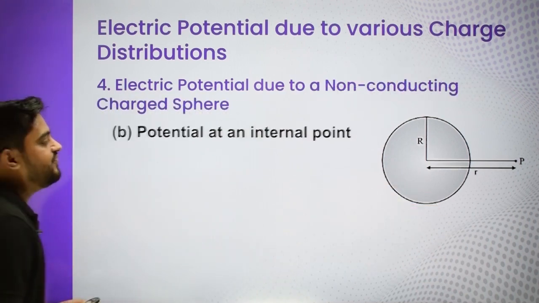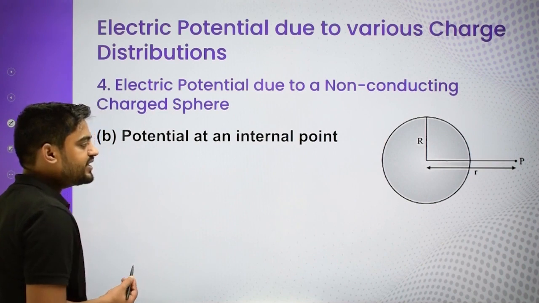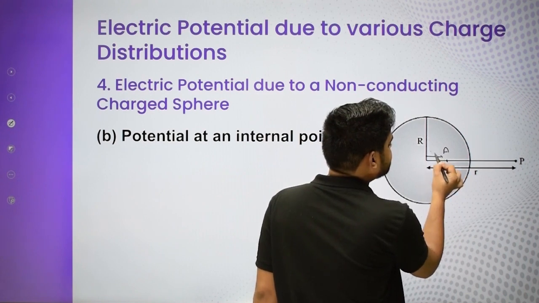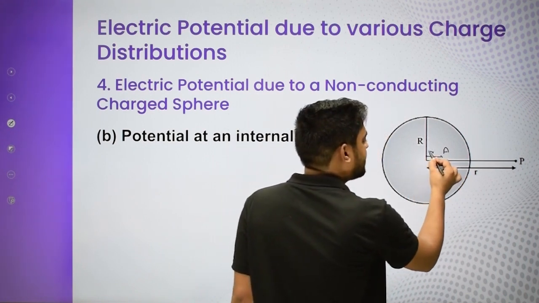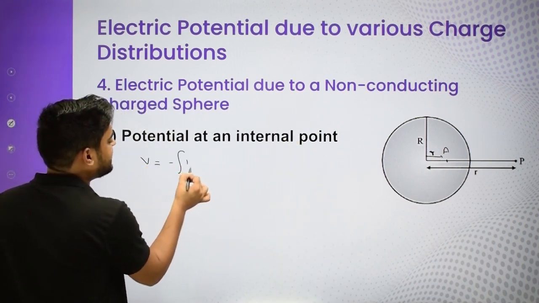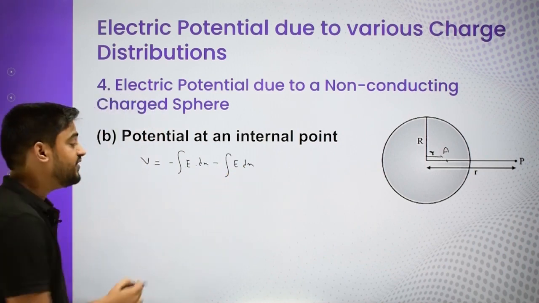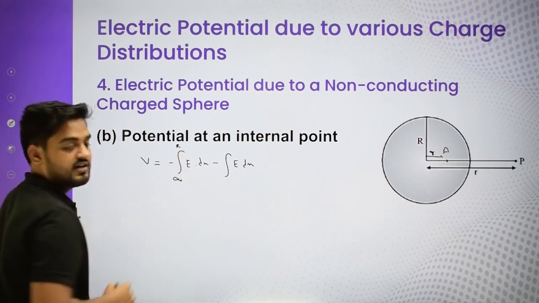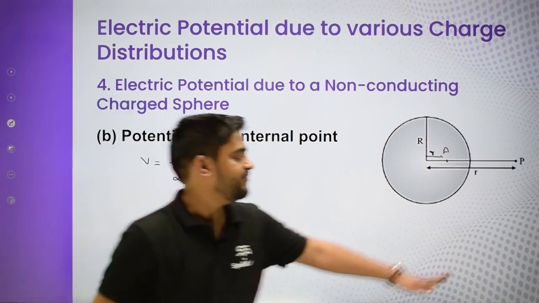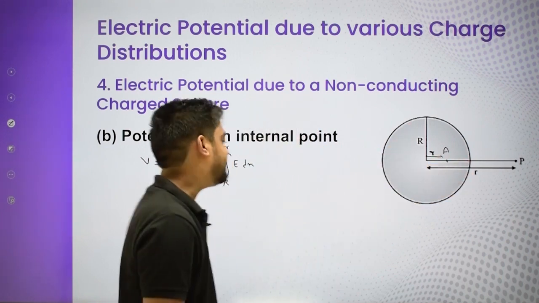Now inside, if we are talking about a point which is over here, I am again going to do the same thing. Let us say I have to get the potential at this point A, which has a distance r from the center. So I will say the potential is the integration of E dot dx, but I am going to do it in two parts. One is from infinity to the surface, where capital R is the radius, and the second is from the surface to the distance small r.